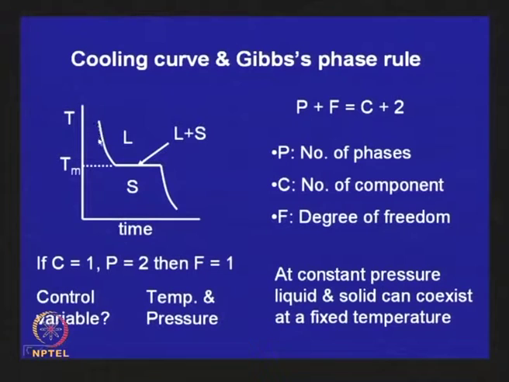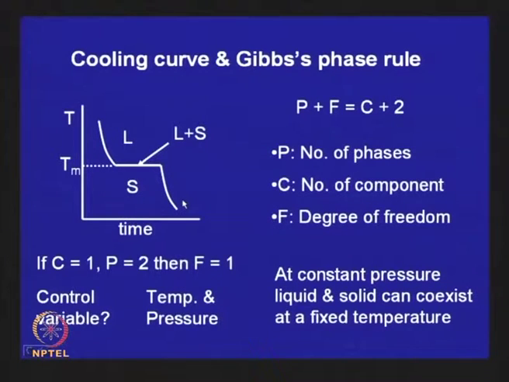And when this liquid cools, on this plot of temperature, it can be a smooth curve like this, and this will be primarily determined by the temperature of the metal and the surrounding, and usually this follows Newton's law of cooling, and that is why I have put it like this. And when it reaches freezing point, that is the time some amount of solid forms, then the two phases, liquid and solid, will coexist for a certain length of time, and during the solidification process it will release heat also, and you will find that here for some time the cooling just stops. It maintains a constant temperature until solidification process is complete, and once this is completed, then again the temperature keeps